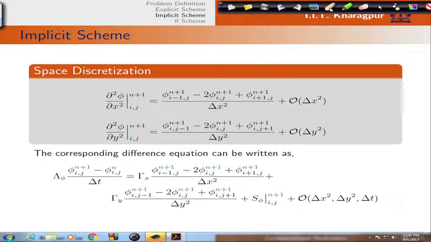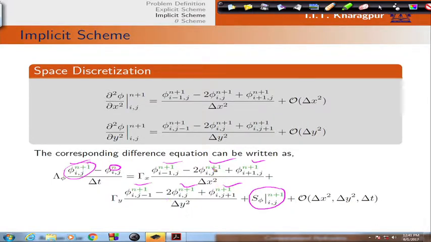In this case, the known thing is n level values. Also, this S phi sourcing term that may be defined for a particular system. So, 1, 2, 3, 4, 5, 6, 7, these terms are unknown, although this phi I j n plus 1,